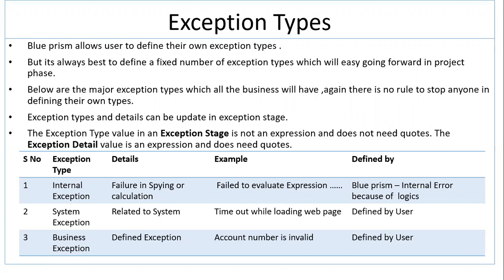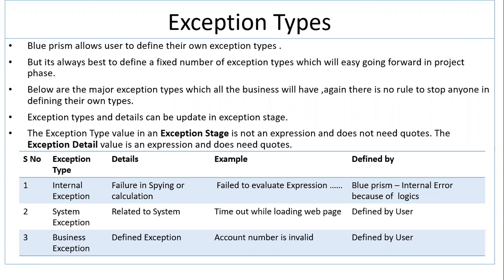But system exceptions and business exceptions are in the hands of business users or the person who is developing. They can always define those, or they can always put a classification of which comes under system and which comes under business. So the exceptions or logics related to systems, you can group as a system exception, and the logics falling under input or output data items based on the business, you can group as a business exception.